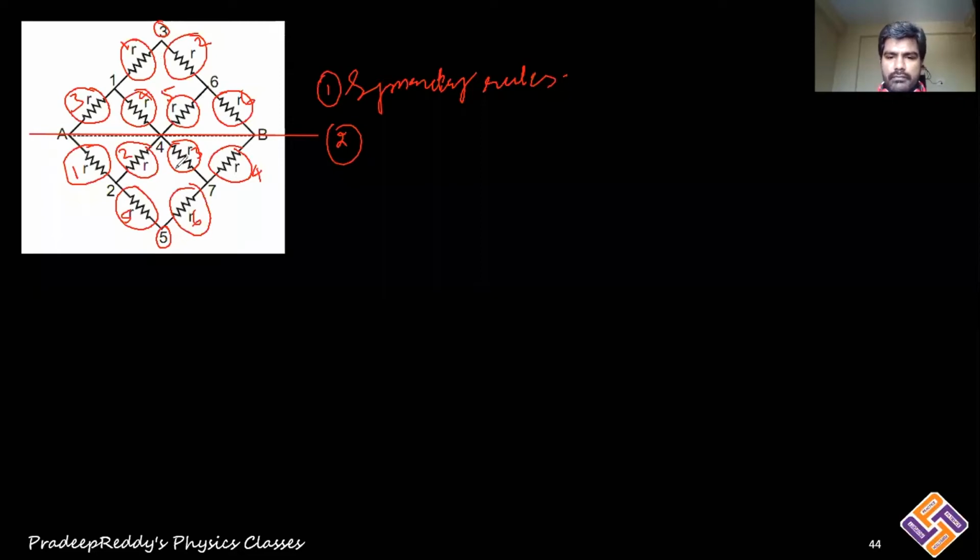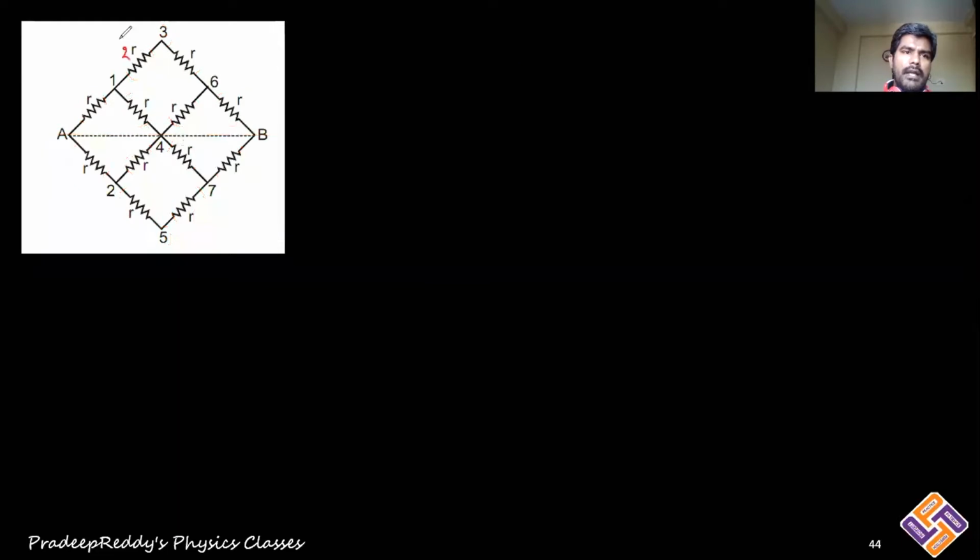If I consider this value is 2R, and if this value is R, then you should not consider it as symmetry. That is not symmetrical. Similarly, if suppose this is 3R and if this is R, then it is not a symmetry, because above the horizontal it is not a mirror image to that of the bottom one, because above the horizontal you have 2R and 3R resistors which are different than the resistors R which are below the horizontal.